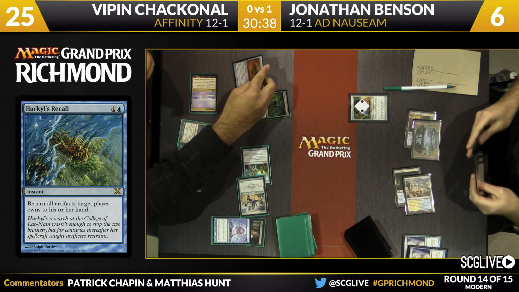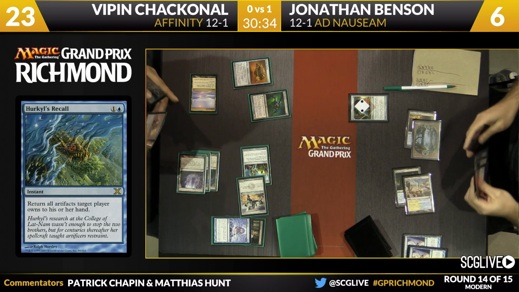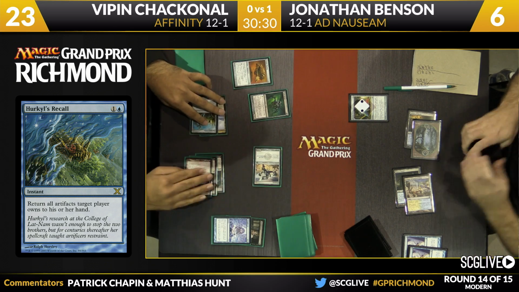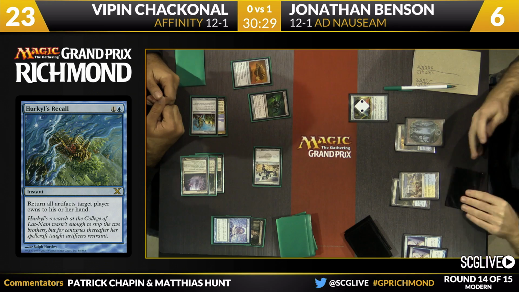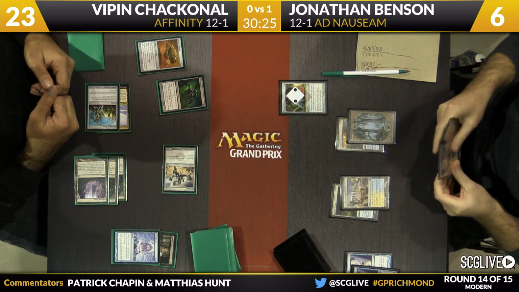Can make Cranial Plating this turn. I want to say that Vipin has him dead on the attack. Yeah, he has him dead again next turn. Oh, definitely. That means Jonathan has to do something, whether it's find another Hercules or find the